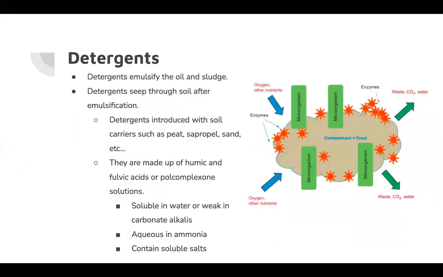So detergents emulsify the oil and sludge, and detergents seep through the soil after emulsification. So that's kind of just mixed up soil that's not compact. And detergents are introduced with soil carriers such as peat, sapropel, and sand, and they're made up of humic, fulvic, or polycomplexone solutions. And on the picture to the right, we have the contaminant, which is the food, so that would